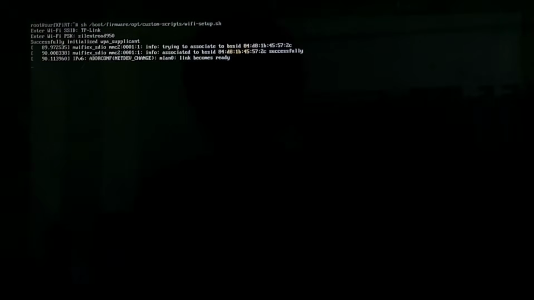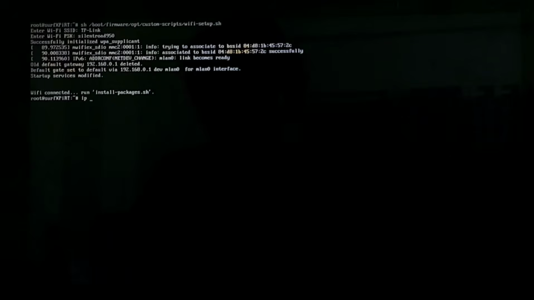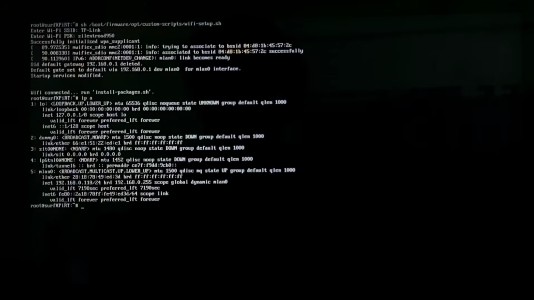Press enter again. You should be connected to the internet. I'm gonna type in IPA again, and there you go, it's associated. If you don't believe me, I'm gonna ping 8.8.8.8, and as you can see, we're getting a response back. Now we can move to the next step, which is